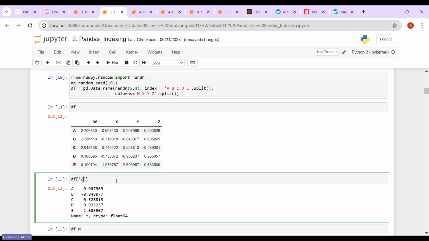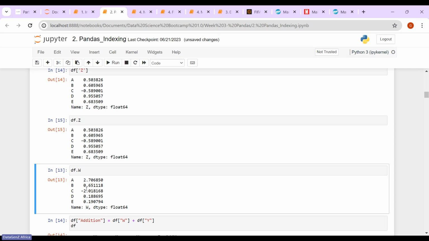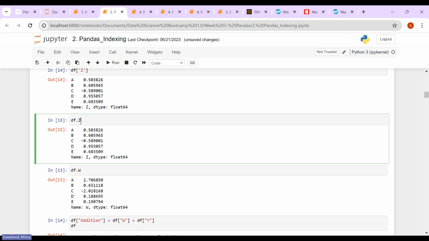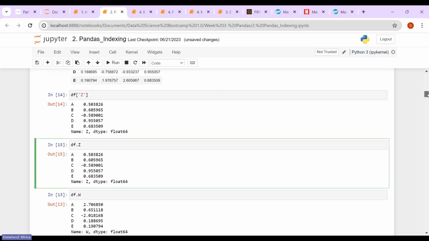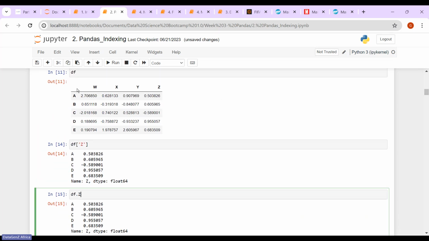So there are two ways of retrieving values from a data frame. You could either use your square bracket or you could use your dot notation. It's the same thing. So either I say df square bracket Z, or I say df dot Z. Either way, it's going to give you the same answer. You can see it's the same thing. But the danger with these dots is that if you have a data frame column name that has a space in between, like when you write your first name, maybe you want to index out something like first name,